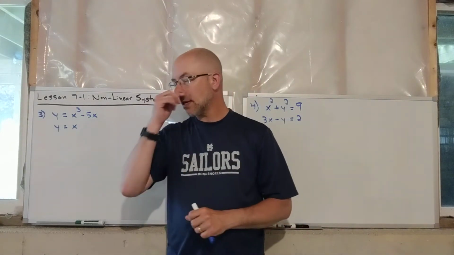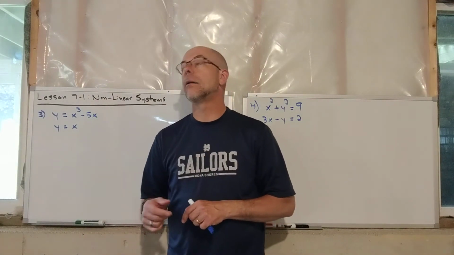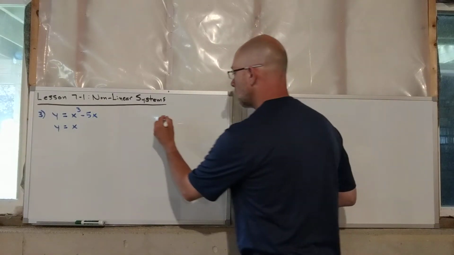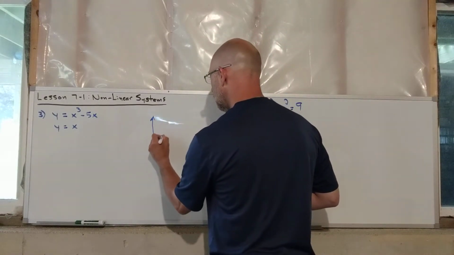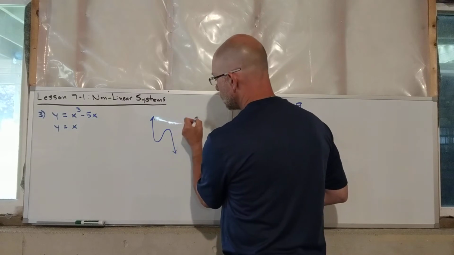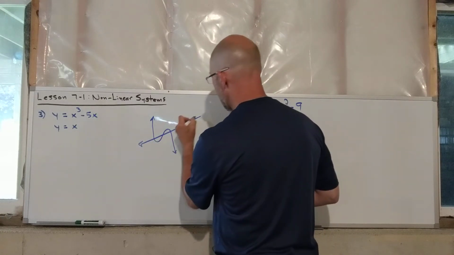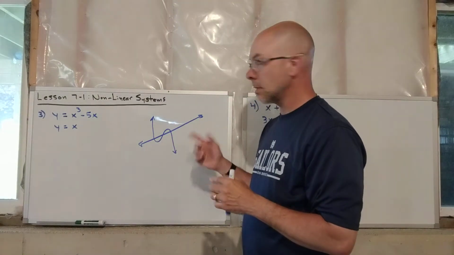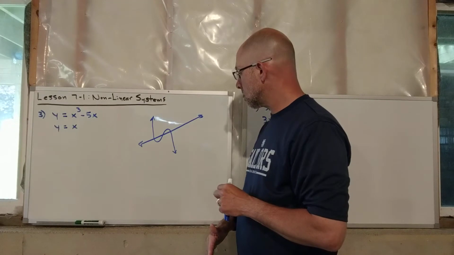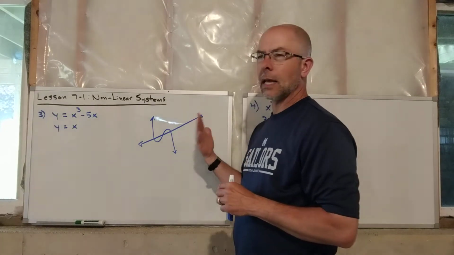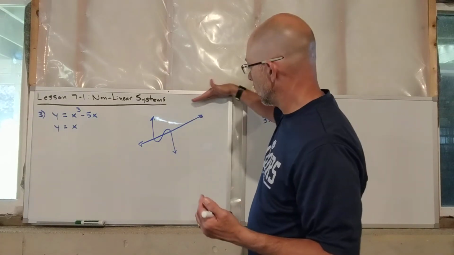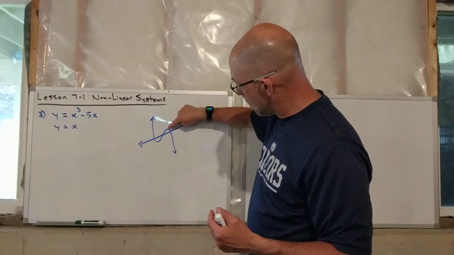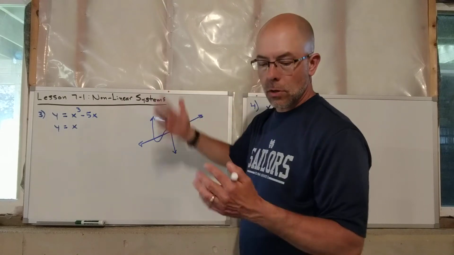And so the possibilities are it could cross 3 places, because if you get a cubic function that looks like this, and the line just happens to hit right in the right spot, it hits 3 places. It could also hit in 1 place. And I can imagine it could hit in 2 places. If it crossed up here and hit 1 place, or crossed down here and only hit 1 place, but if it nicked the top of that and then hit,